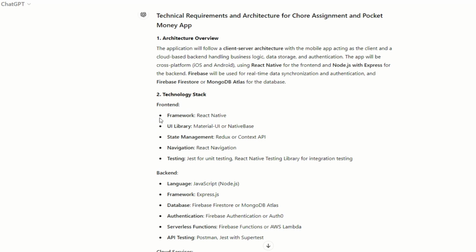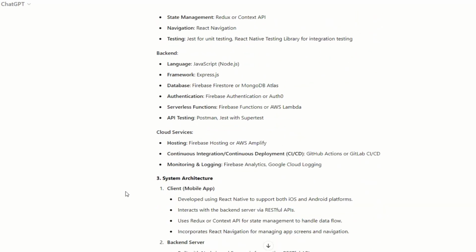Let's look at the technology stack it has generated for us. For the front end, it gives us the framework, React Native, and the various other details of the front end technology stack. And the backend is going to be JavaScript, Node.js. For cloud services, the hosting would be either on the Google platform or Amazon.